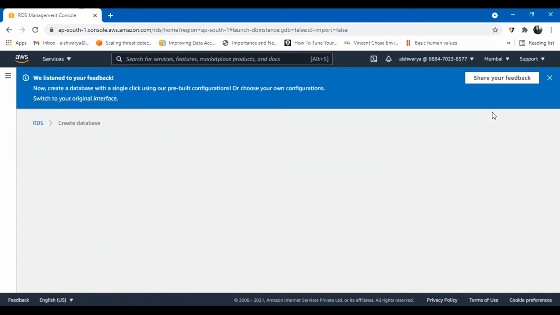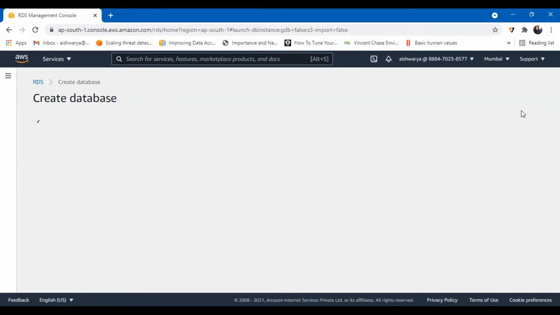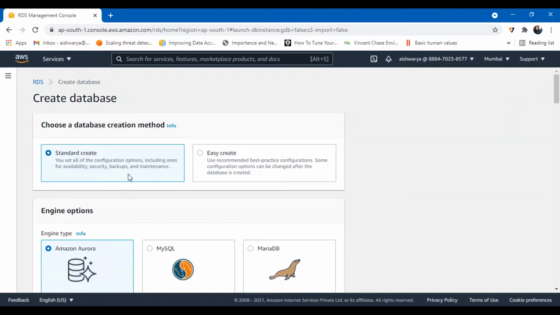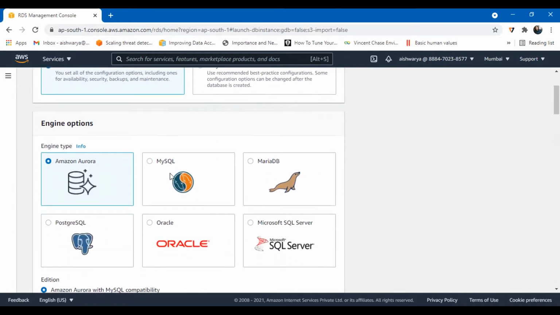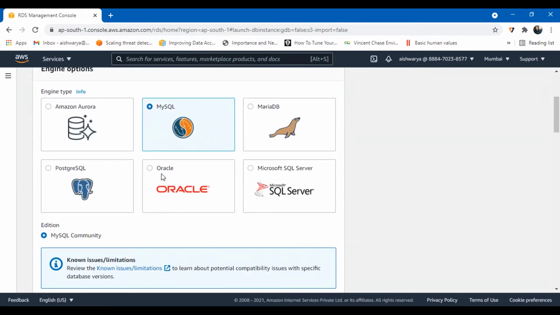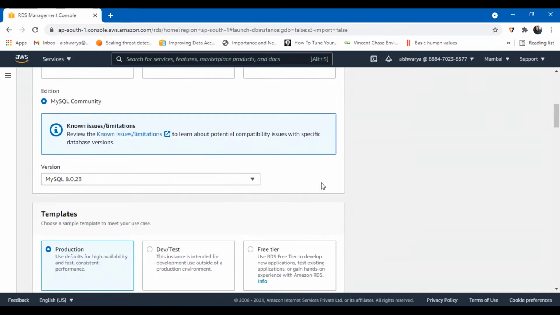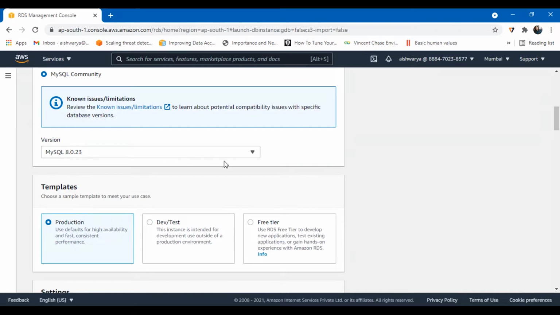Click on create database. Here I will choose standard create, and for the engine I will choose MySQL because RDS proxy is supported with it. Next, I also need to keep in mind the version, because with RDS proxy only the 5.6 and 5.7 versions of MySQL are supported.